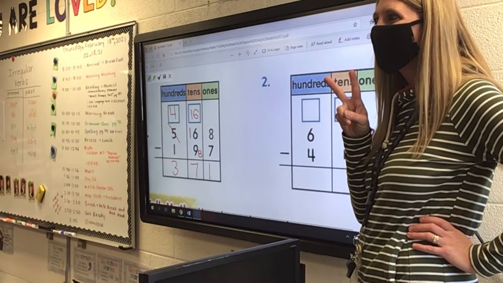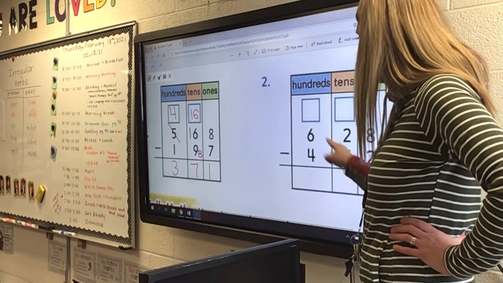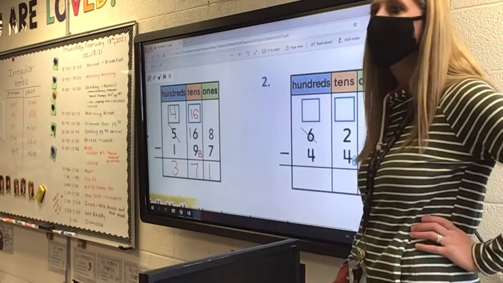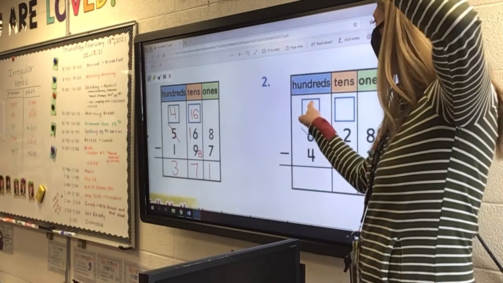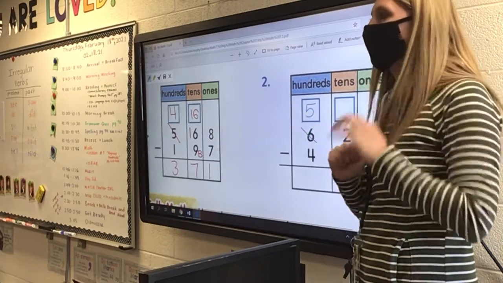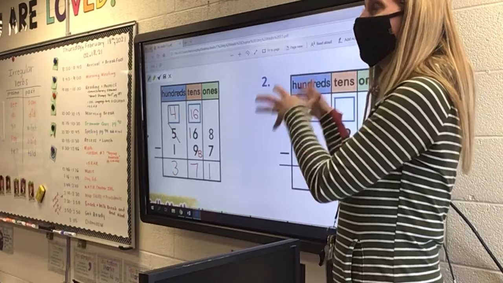Can I do that? No. Bigger bottom, better borrow. So we're going to go over to the 6. We have to borrow. I have 6 hundreds, but I'm going to take 1 away, so now I only have 5. And then I'm going to take those 10 tens that I